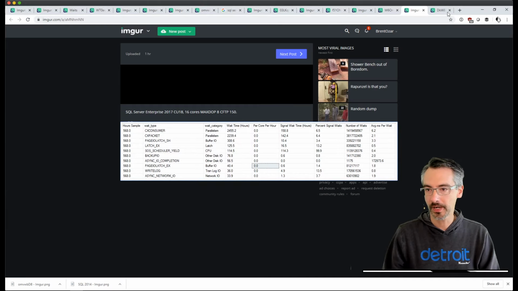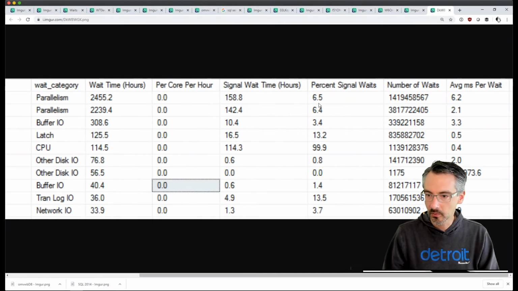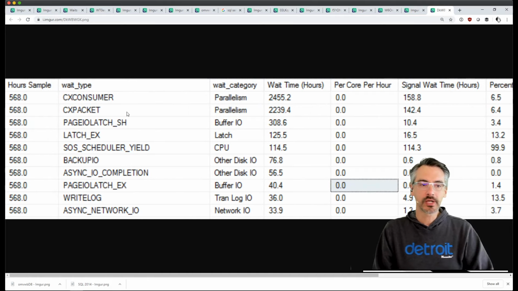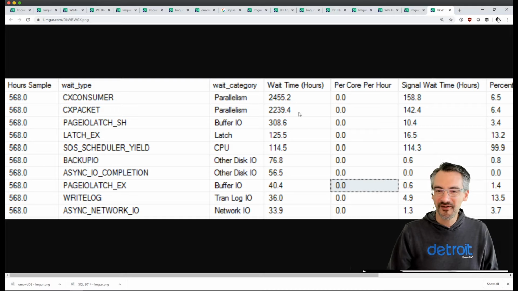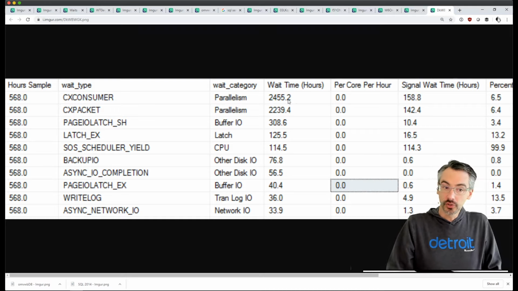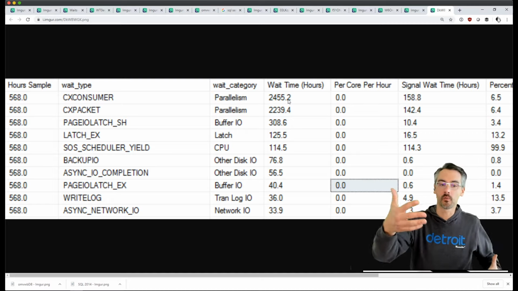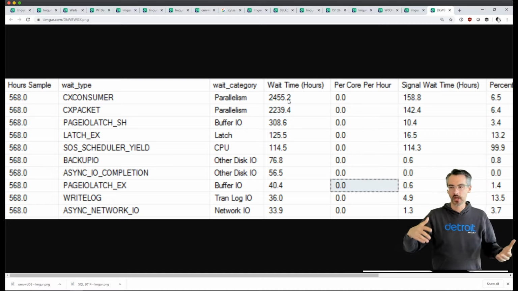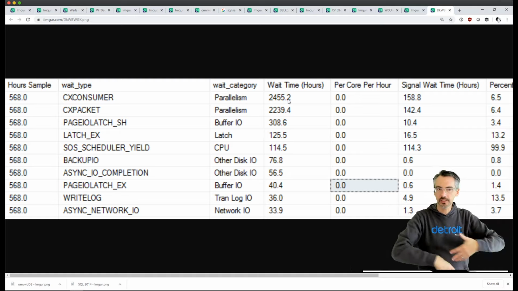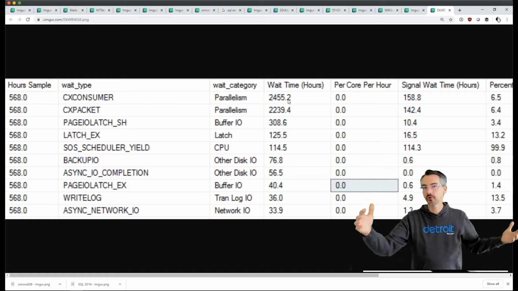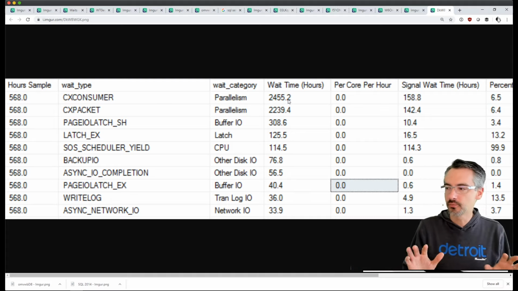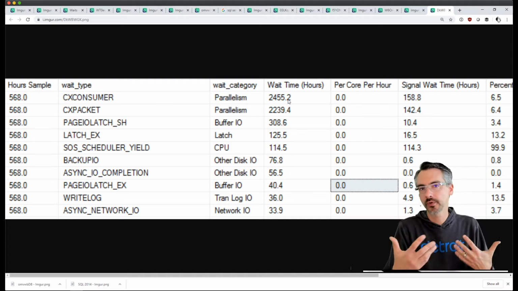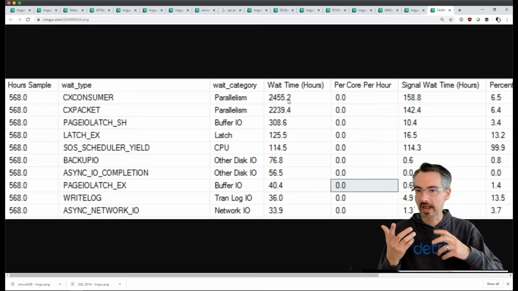Ooh, Parallelism Gone Wild again. Parallelism Gone Wild Spring Break Edition. So in the span of about 500 hours' worth of uptime, your server spent about 5,000 hours waiting on parallelism. The good news, your server's not overwhelmed. Nobody's seeing 100% CPU, but you have unnecessary parallelism going on. Queries are going wild and crazy with the parallelism to read all kinds of 8K pages, probably doing table scans of stuff that really we should just be doing index seeks for.